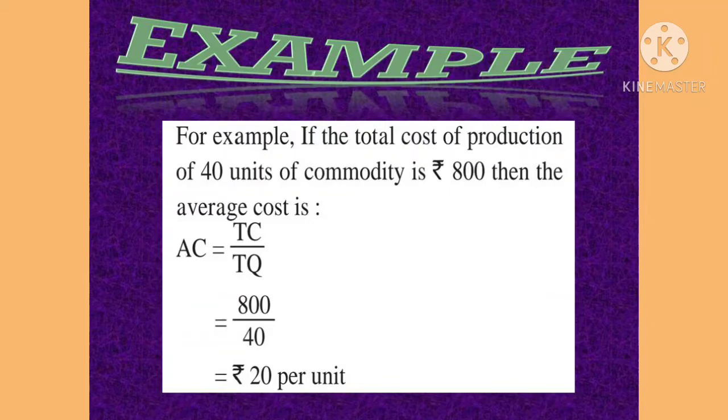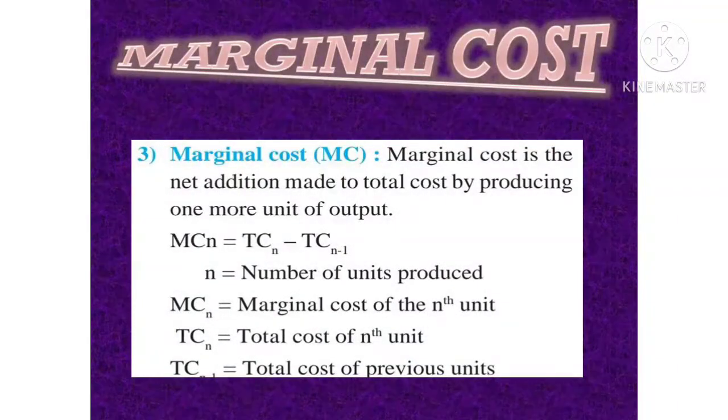The third type of cost is known as marginal cost. Marginal cost is the net addition made to total cost by producing one more unit of output. Symbolically, MCn equals TCn minus TCn minus 1,